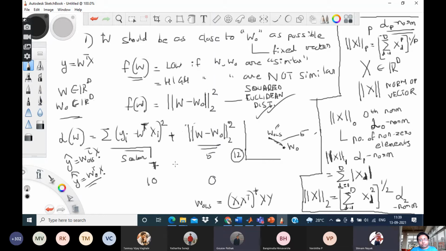Because the other half of the loss becomes 0 when I use W naught. Correct. So both these losses as of now are equally important to me. So I am just adding up the two losses, and I am trying to make sure that it's the total loss which comes down. So even if this loss individually increases, I am not that much worried as long as my total loss decreases, and my total loss has indeed decreased from 12 to 10. So I go for W naught instead of WOLS.